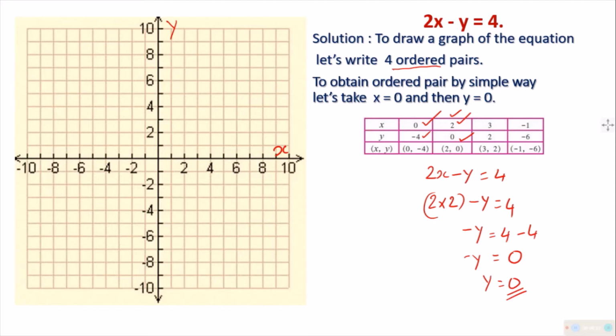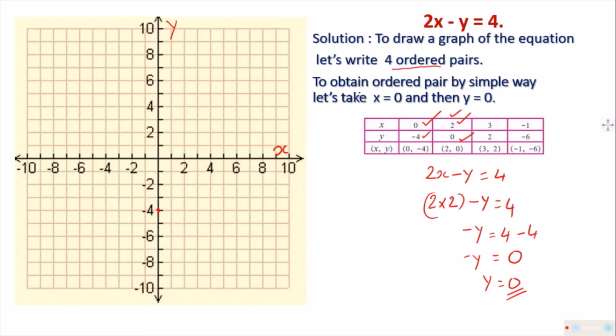So I am going to mark it. First I will consider x is equal to 0, y is equal to minus 4. You should go to the x-axis, and the 0 line is the line of the y-axis itself. Understood? So you will be going from 0 to minus 4 on the y-axis. Find minus 4 on the y-axis and 0 on the x-axis. It will be here somewhere that the marking would be.